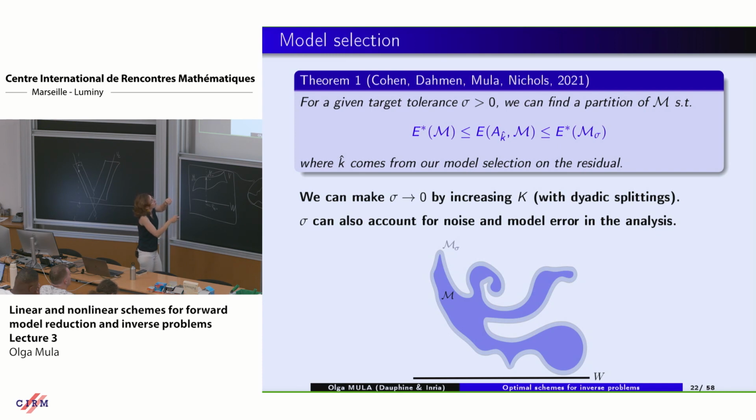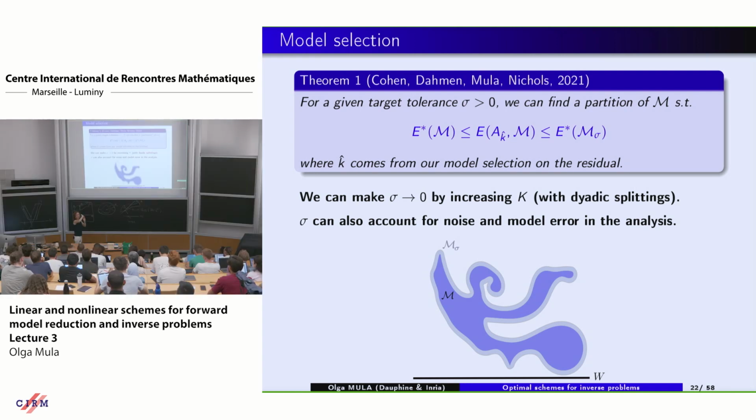And what I mean by this is that I take my manifold, I take my target accuracy sigma, I imagine that I start rolling a ball of radius sigma around the boundary of my manifold. This is going to give me a thickened manifold M of sigma. Okay? So if I fix myself a radius sigma there, I can always find a partition of M for which